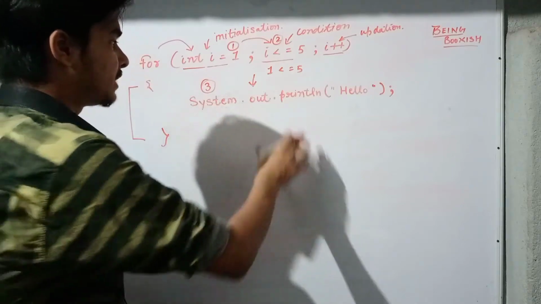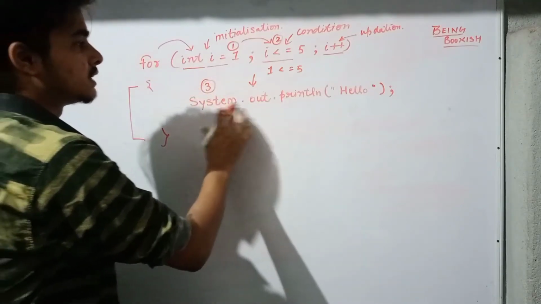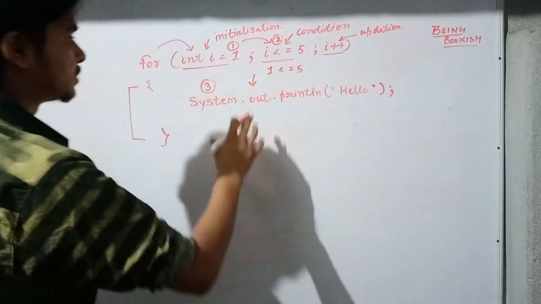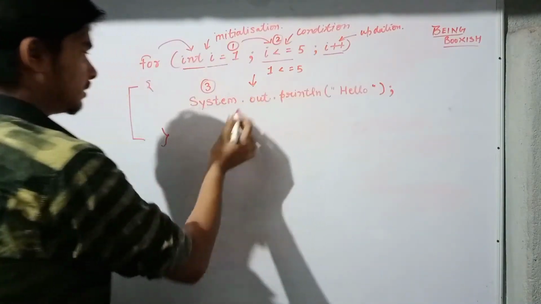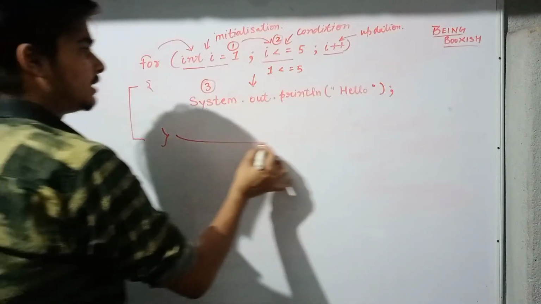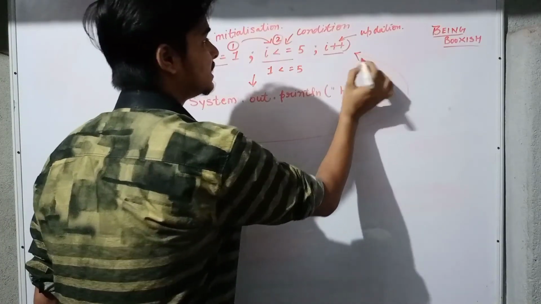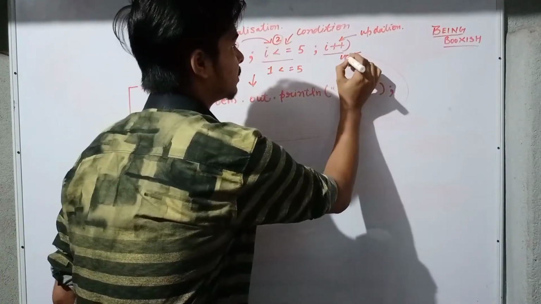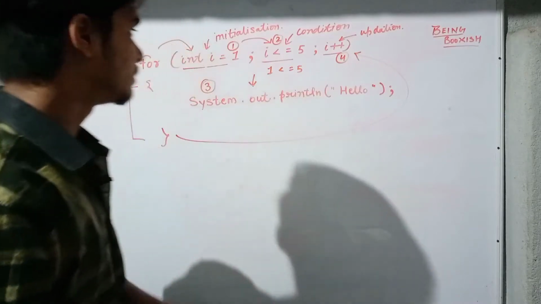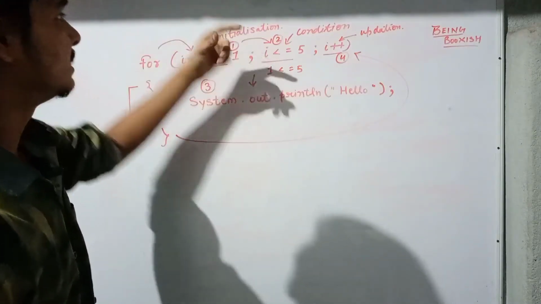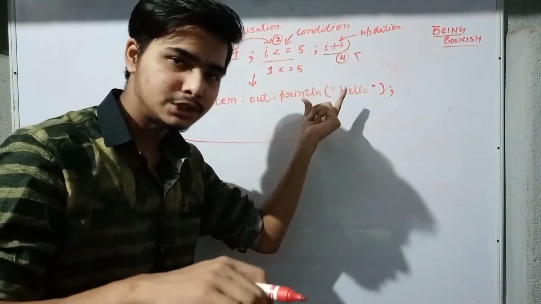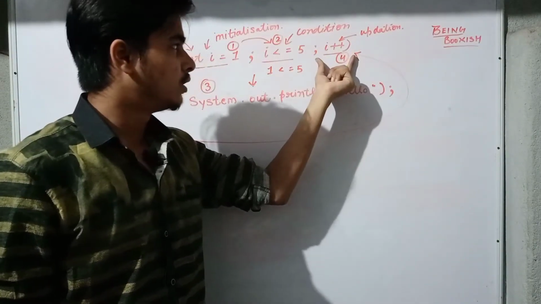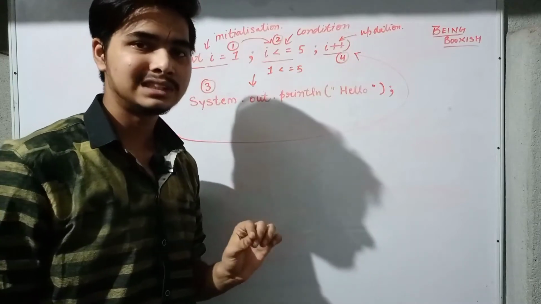Now, after executing the body part, which is System.out.println, we need to print hello. After printing hello, the cursor will come here and then go to this part. What is this part known as? This is known as the updation part. So this is our fourth thing which will happen. Note down the sequence: first is initialization, second is condition, and if the condition is true it will come inside the body part. Next it will go to the updation part. This is how the sequencing is done.